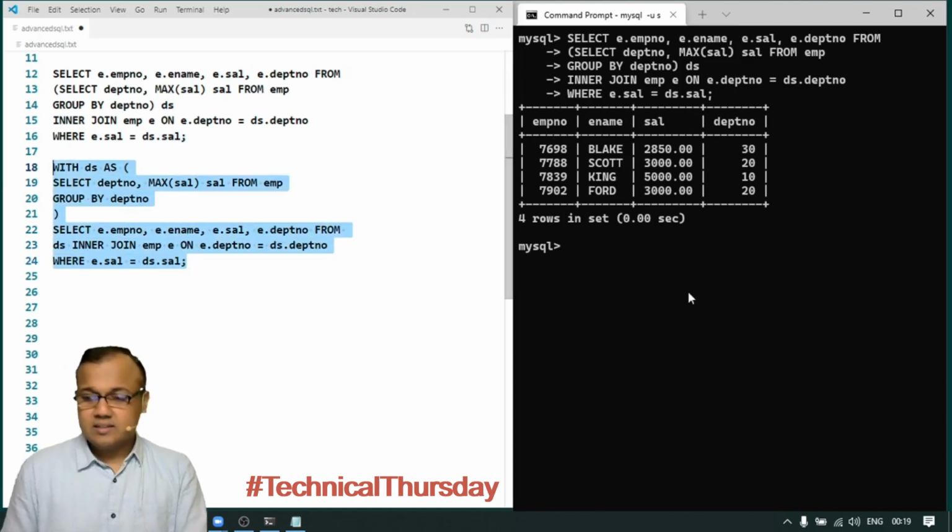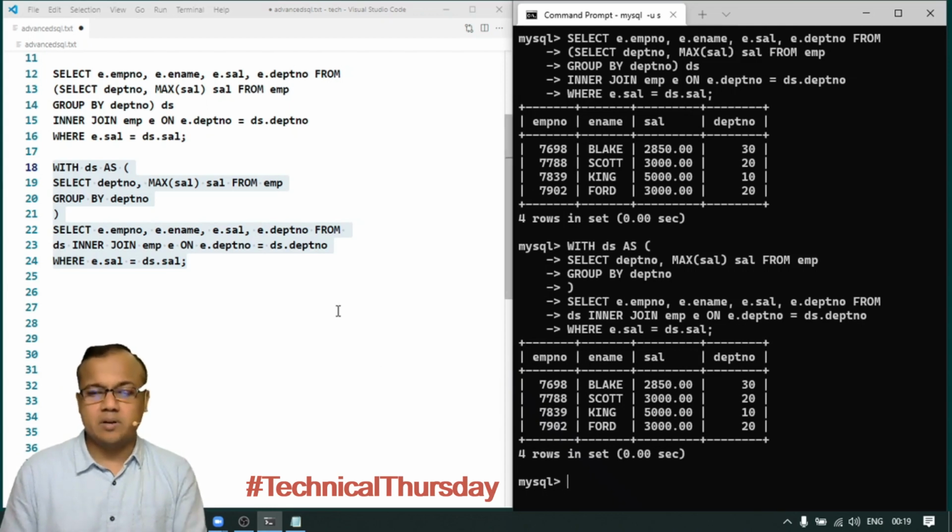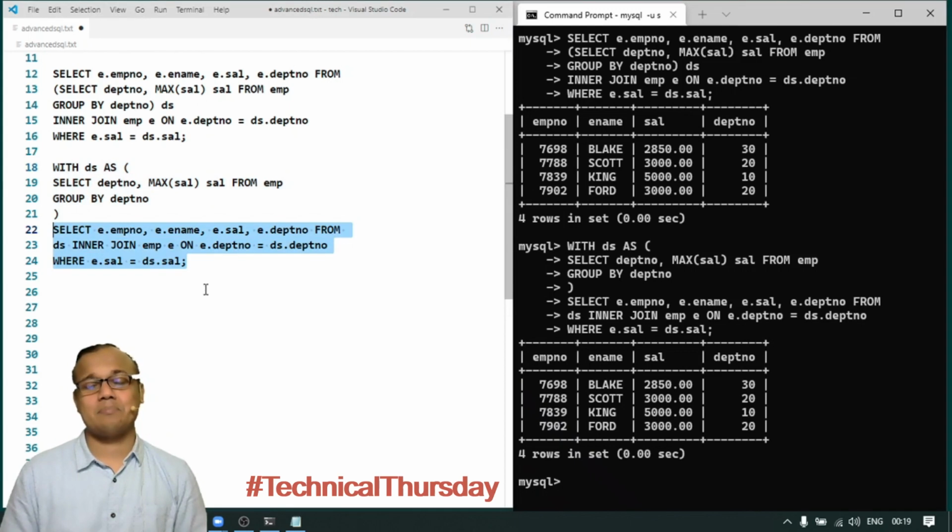Please note that this query is giving me exactly the same result. What we achieved here is that this is a bit more efficient, and more than that, it is readable. Now my join looks like a join.